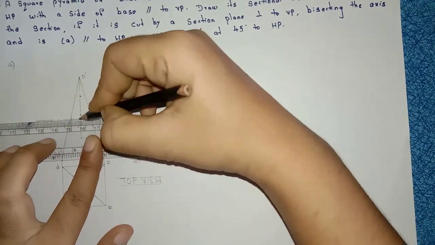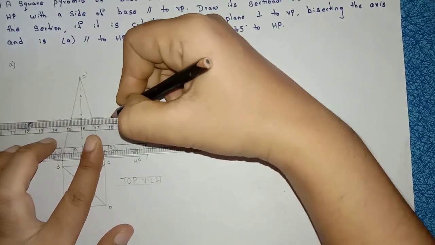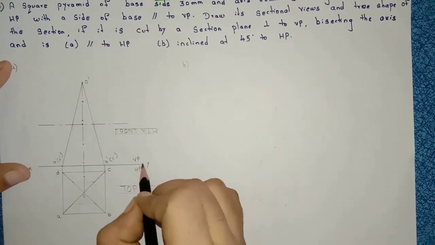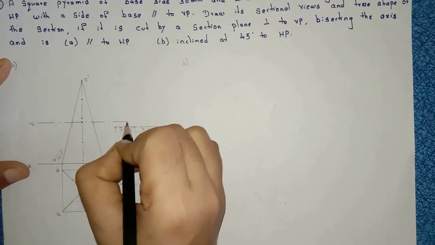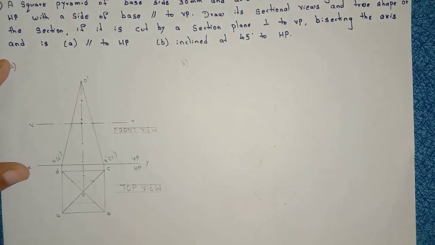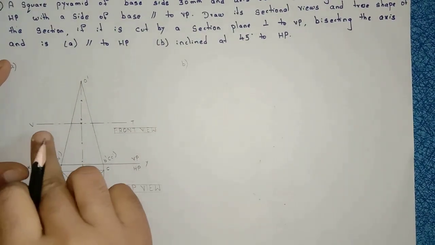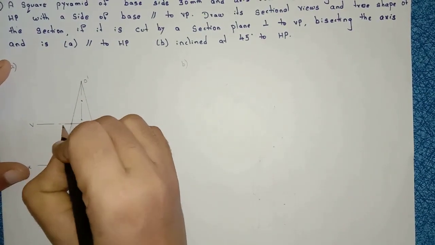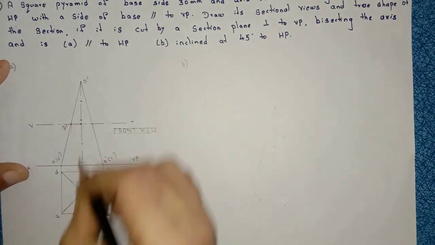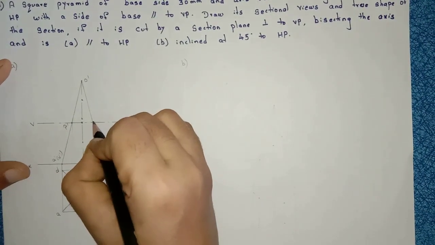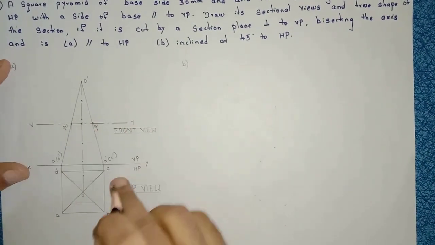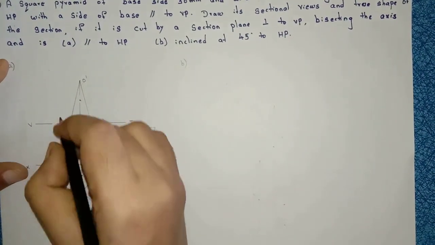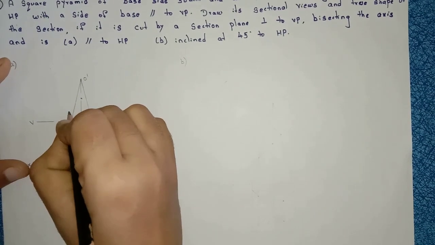The sectional plane should be large dash, small dash here. We are constructing the sectional plane in the vertical plane, so name it as the vertical trace. Now the sectional plane is touching this face of the triangle, so name it as P dash. Touching here B dash, for B dash name it as Q dash. For C dash in brackets name it as R dash. In brackets name it as here S dash.